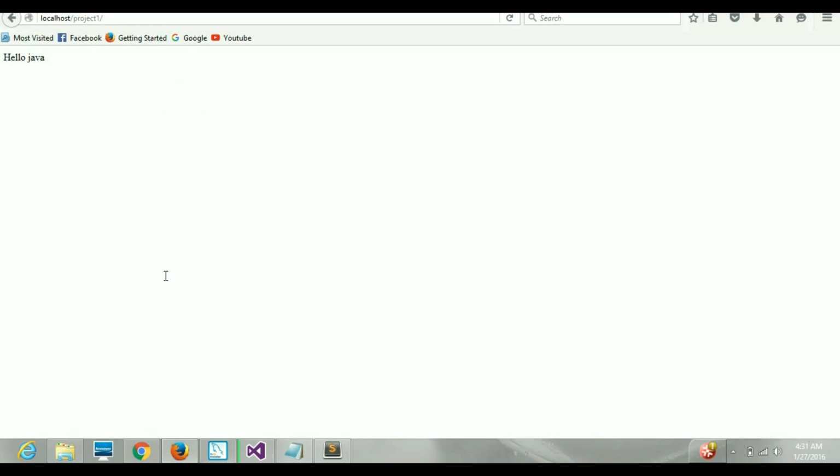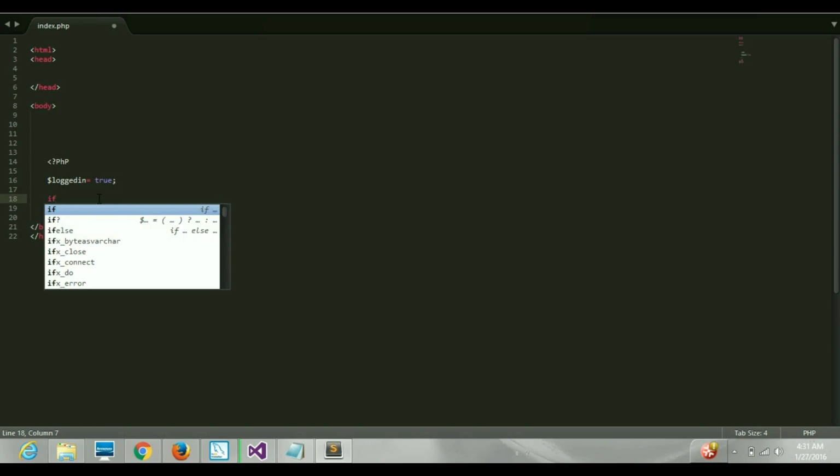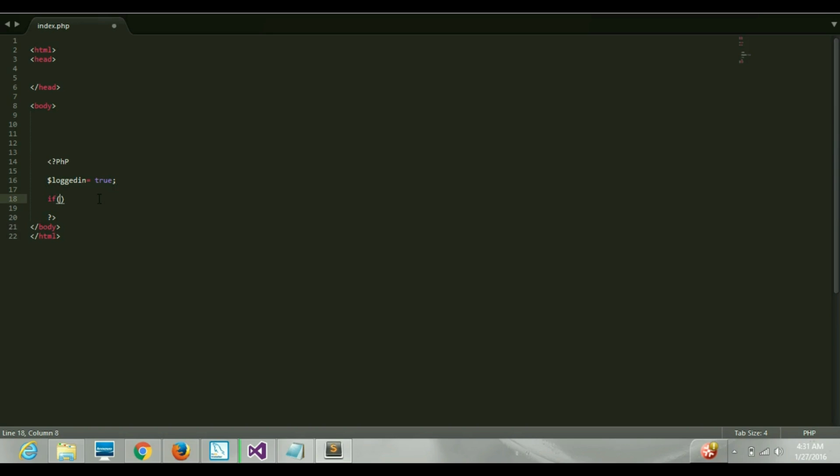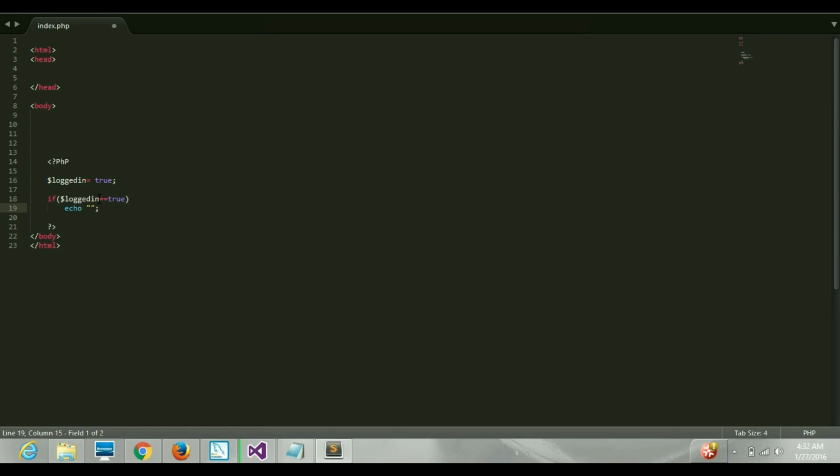So let's go and have a look at if statements. Let me make a variable called logged in and give it a value of true. Okay, so what I'm going to say is, if $logged_in double equals true, then you're going to give me echo "you are logged in",